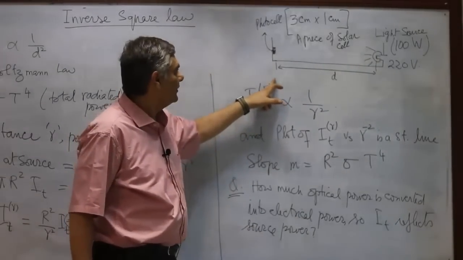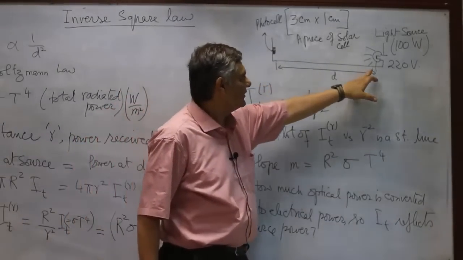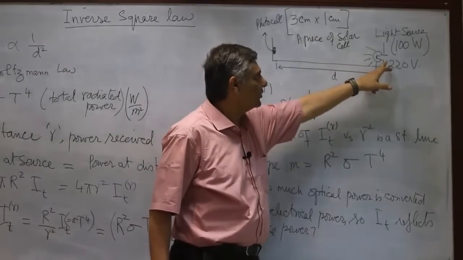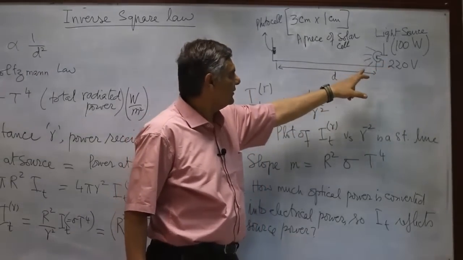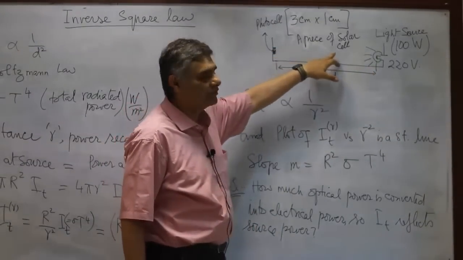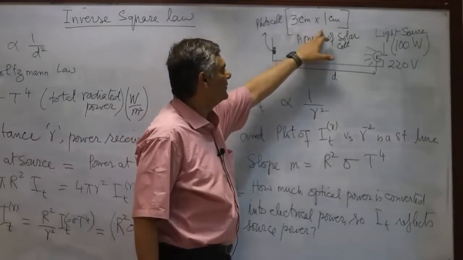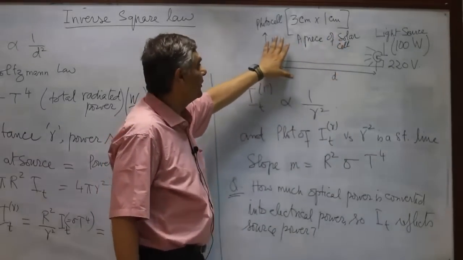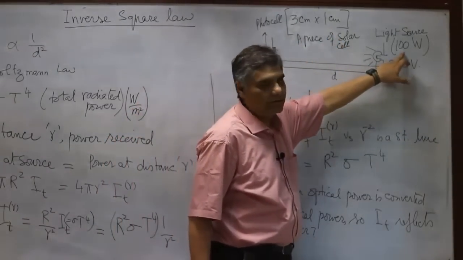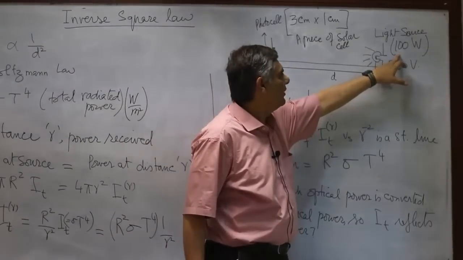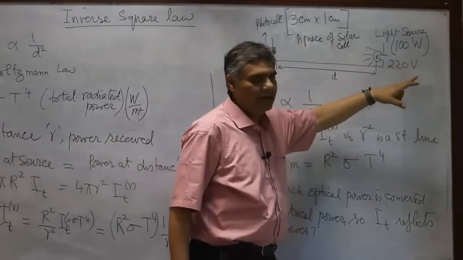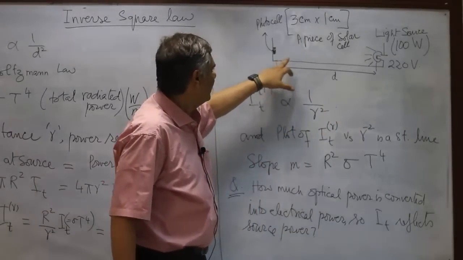detector. ओके, एक्सपेरिमेंट में क्या है, हमारे पास एक लाइट सोर्स है जिसको कि हम ऑन करेंगे। इट्स 100 वाट टंगस्टन हैलोजन लैम्प, और हमारे पास एक फोटो सेल है जो एक सोलर सेल का पीस है जिसकी डायमेंशंस 3 सेंटीमीटर बाय 1 सेंटीमीटर है। ये आपको ज़रूरत पड़ेगी इन योर कैलकुलेशंस। इसी तरह आपको ये 100 वाट द पावर ऑफ द लाइट सोर्स, इसकी भी ज़रूरत पड़ेगी क्योंकि इसका ताल्लुक डायरेक्टली इसके स्पेक्ट्रम के साथ है।